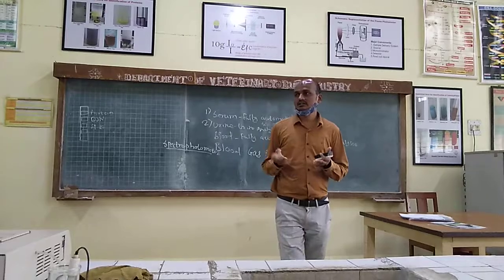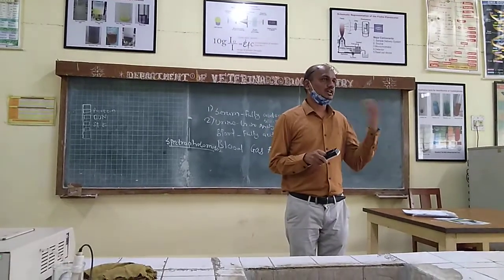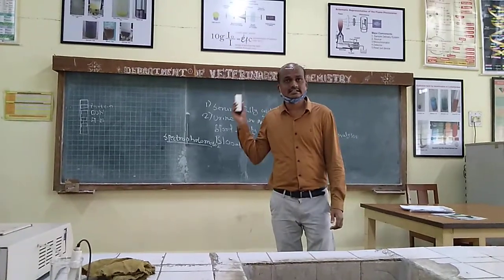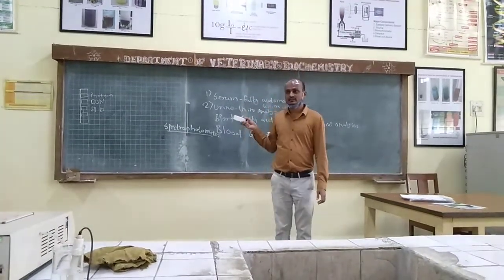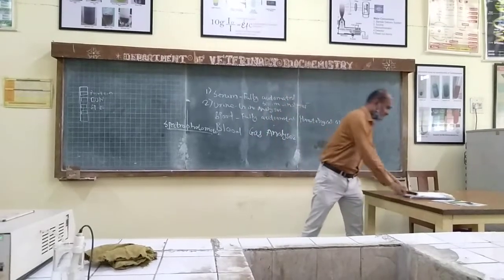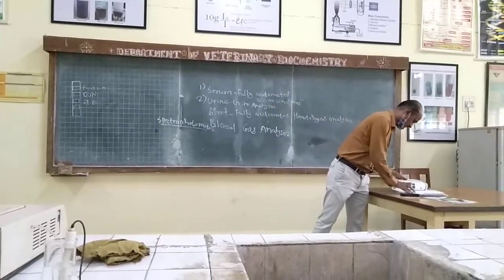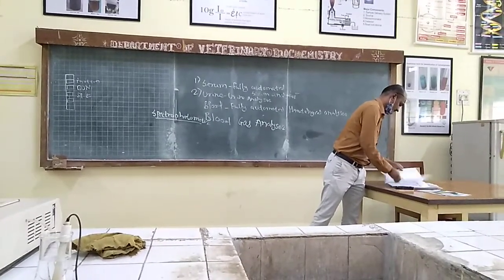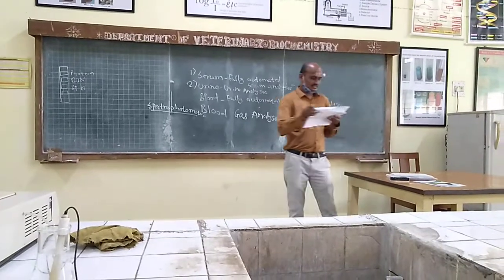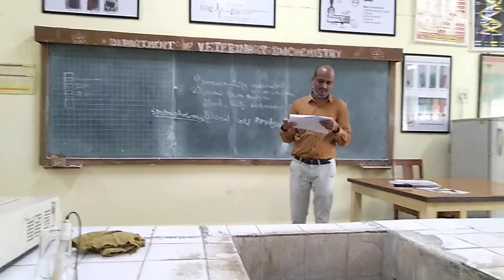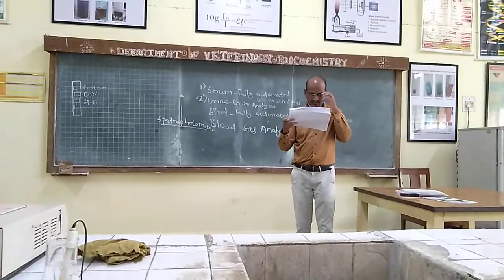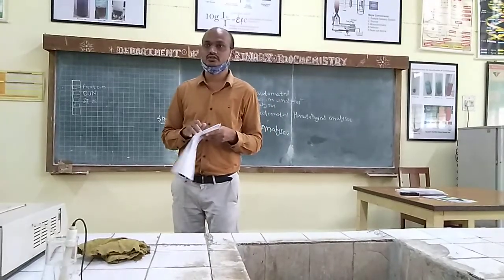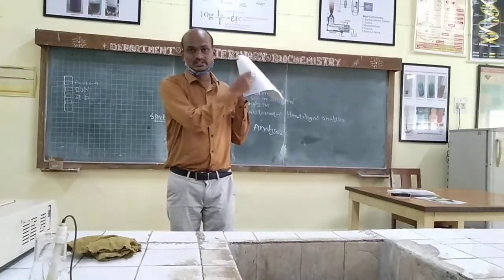Based on your test or research program, if you want a particular parameter, whenever you purchase the strip, you have to remember that the strip should contain that particular parameter. For example, one type of strip contains leukocyte, nitrite, urobilinogen, but it doesn't contain, for example, protein. So this strip is not useful to you, right? Likewise, different strips will be there.